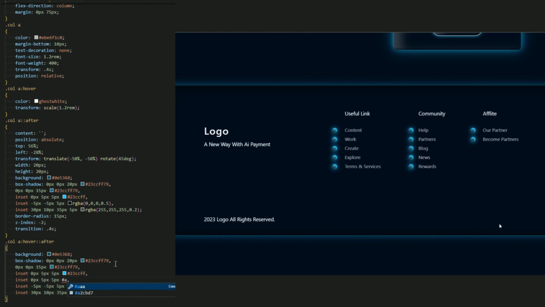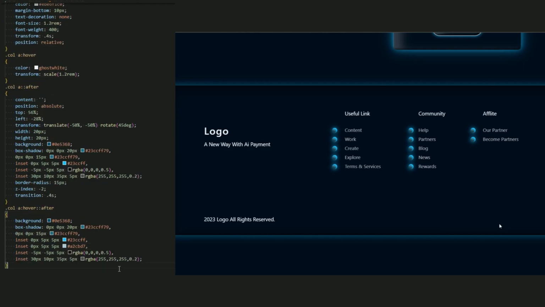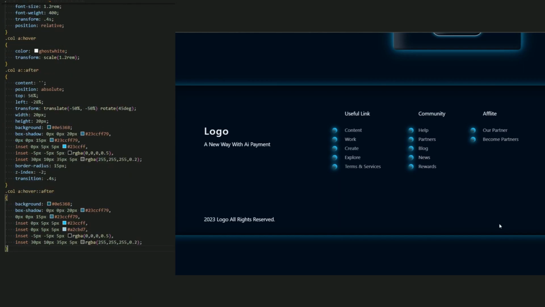Let it be a white or black color. I don't have anything in mind, but let me use this color.